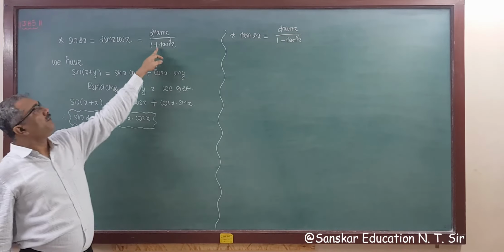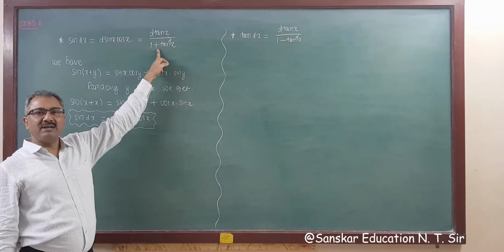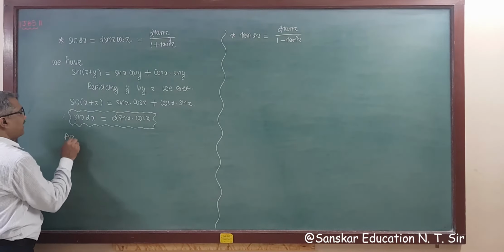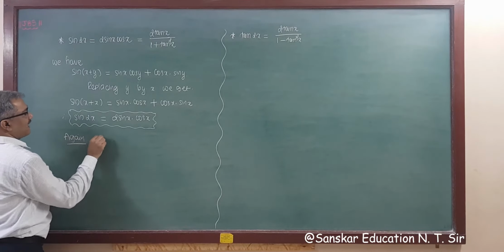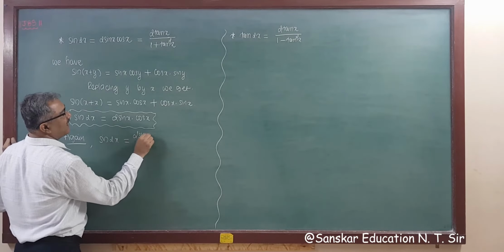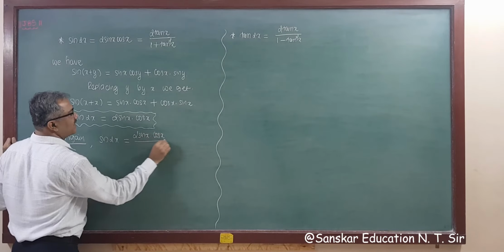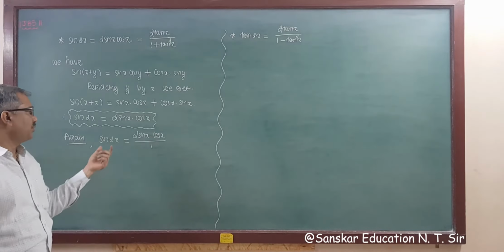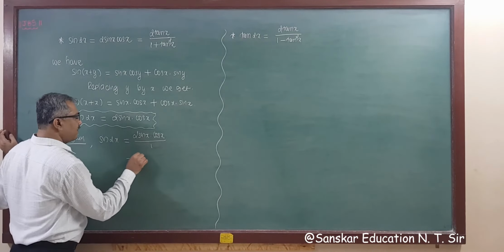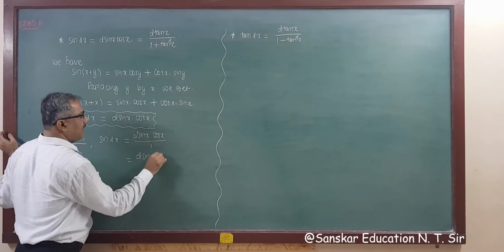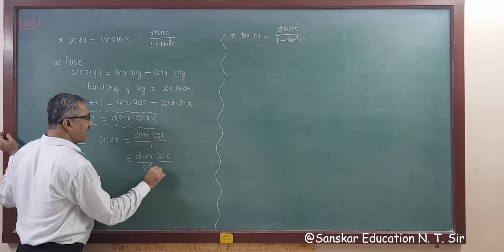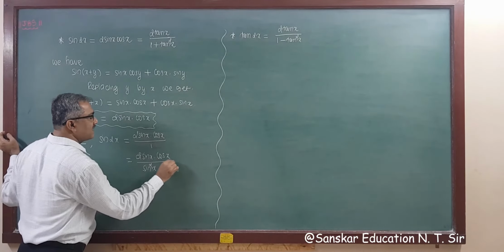Now we have to prove this formula, that is, we require it in terms of tan. So again you have the formula sin 2x is 2 sin x cos x. So this is in the denominator 1. So the denominator is 1, that is sin square x plus cos square x, as we did earlier. So we are writing here 2 sin x cos x upon sin square x plus cos square x, right?